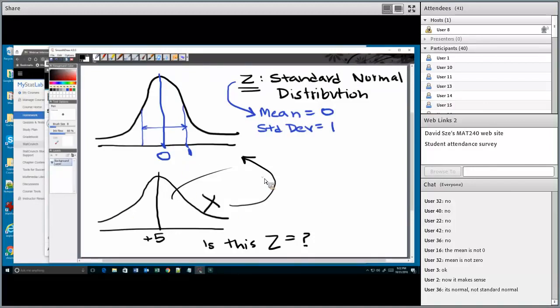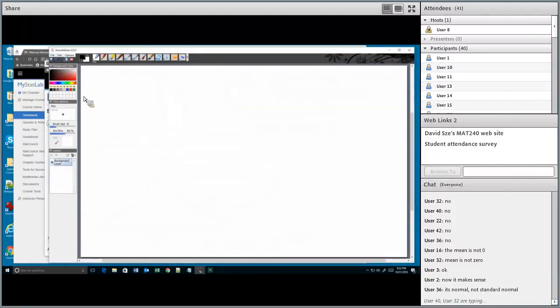This is the only reason you need to know the standard normal distribution, okay? This is normal, but it's not standard normal distribution. Yes, Rob, that is correct. This is standard normal distribution, okay? All right, so now let me show you. I'm going to do a few tricks with you, and then we're going to do the problem.